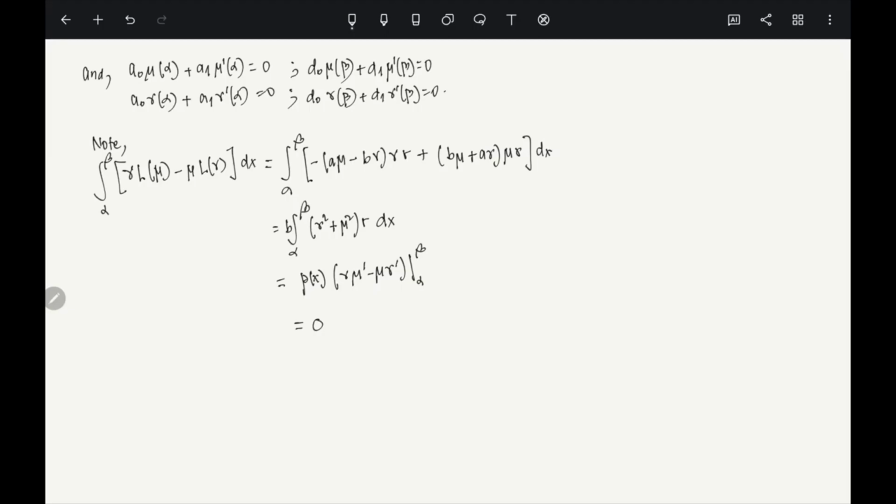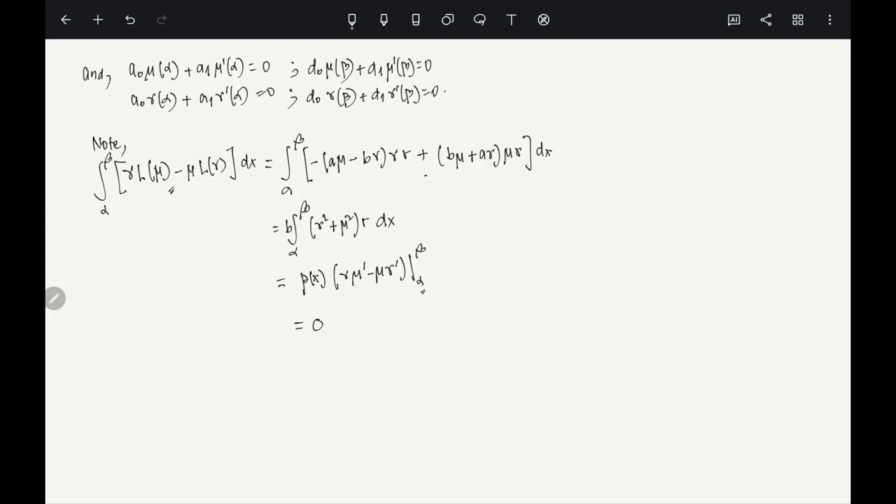Why is it true? Can you guess why it is true? What is happening is this. From here to here, it is fine, right? It's just a calculation. Where am I getting from here to here? I know by Lagrange identity, this is equal to p times the Wronskian, right? This we talked about in the last video also, exact same thing. Or you can go back to the week 9 second video most probably, where you can also see the Lagrange identity. So basically this is equal to this from Lagrange. Okay. So once that is true, then what we can say is,